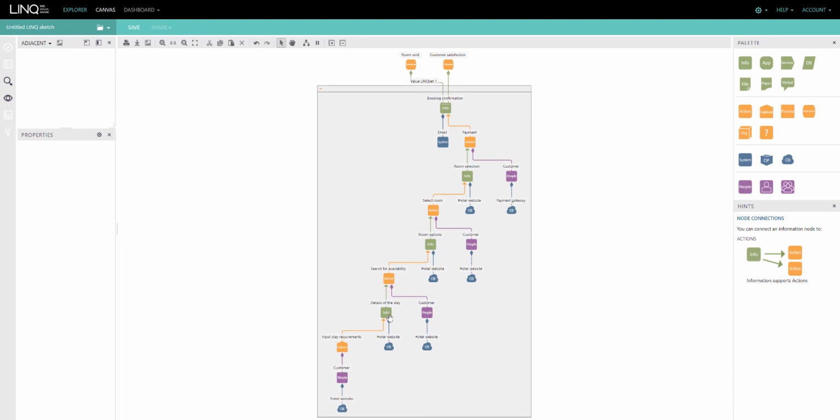We've captured an appropriate level of detail right now, so we may have amalgamated or aggregated some of the information inputs and outputs that are provided, so details of the stay, room options, and this might be entirely appropriate at this level of capture, and we might decide that we want to revisit some of this in order to go into more detail, and we can do that later.